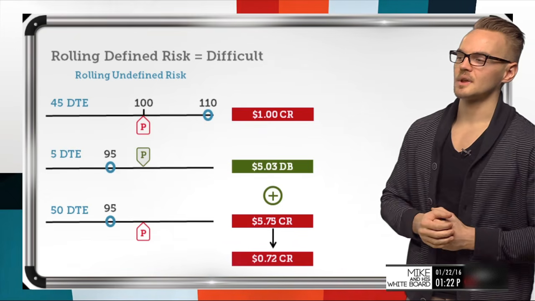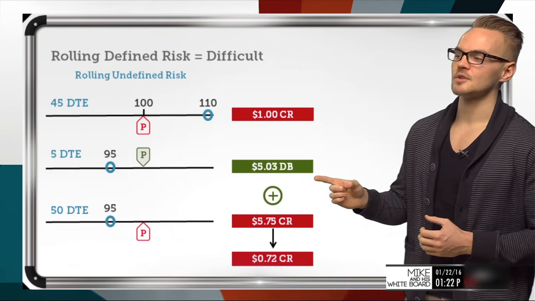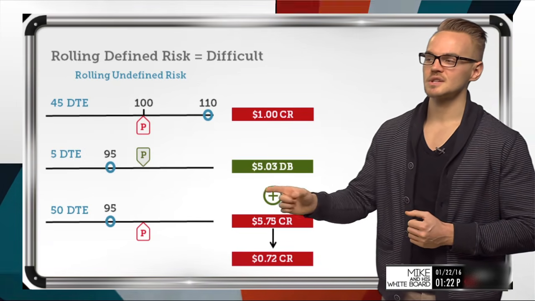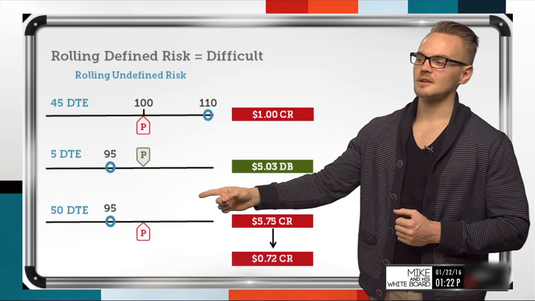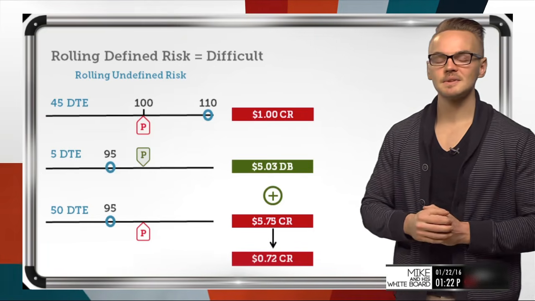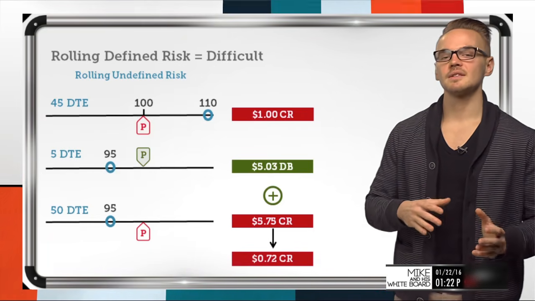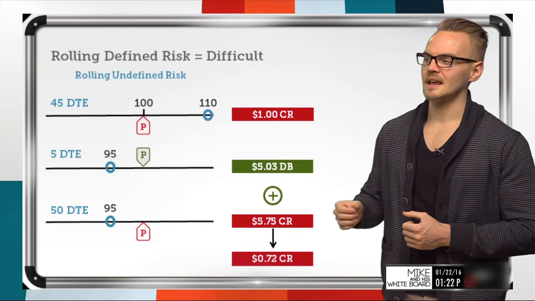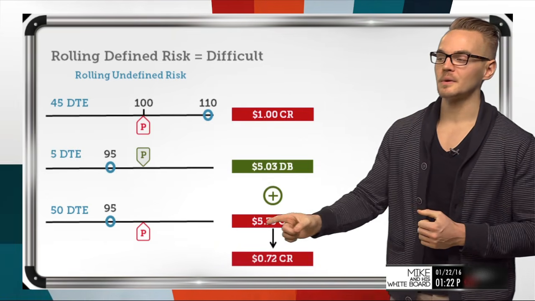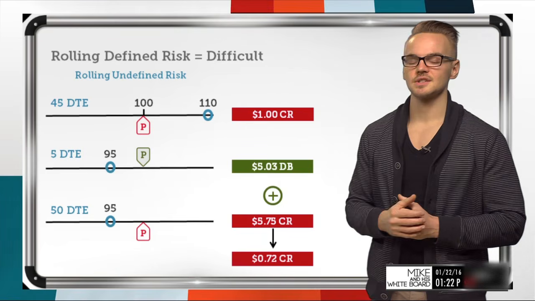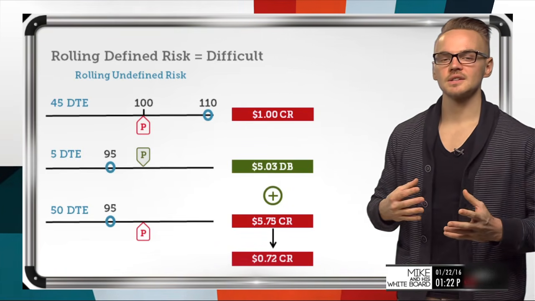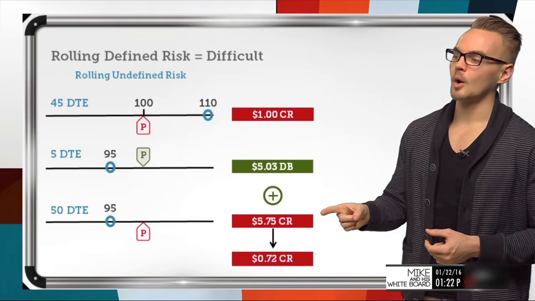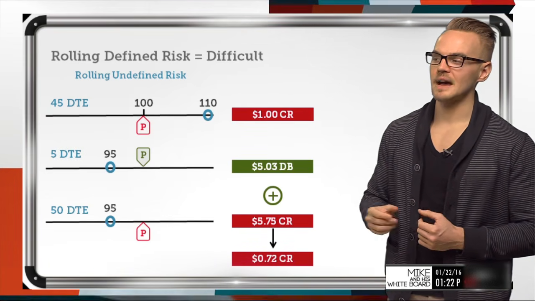So if I do just that with undefined risk, I would simply be closing my current expiration, rolling out to the next expiration. So I'm really just closing my 100 strike, going out to the next expiration and selling that same exact strike put, so the 100, but in the next expiration cycle. So in doing so, let's say I can get a $5.75 credit for opening this new option with 50 days to go. So what I've really done here is close my current position. I did in fact lock in that loss temporarily, but I opened a new position and that's worth $5.75.